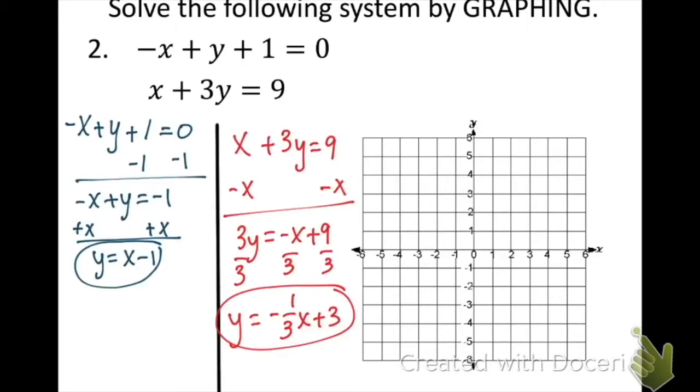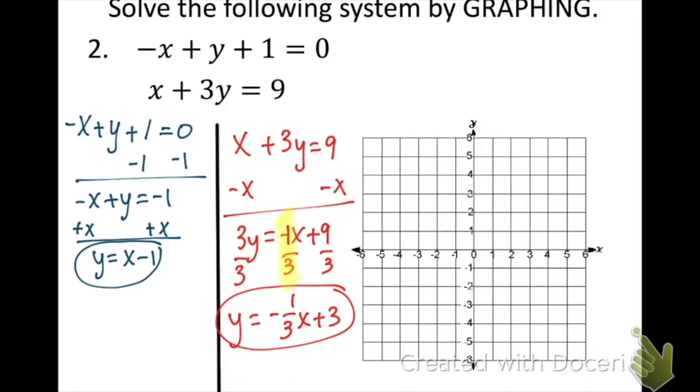Okay, on the left side, I started by moving over the 1 and then the x. You may have done this in different steps than I did, but as long as we got to the same equation at the end, we're good. On the right side, we had a little bit of a tricky part right here whenever we divided everything by a 3. A negative x is just the same thing as a negative 1x, so that ended up being